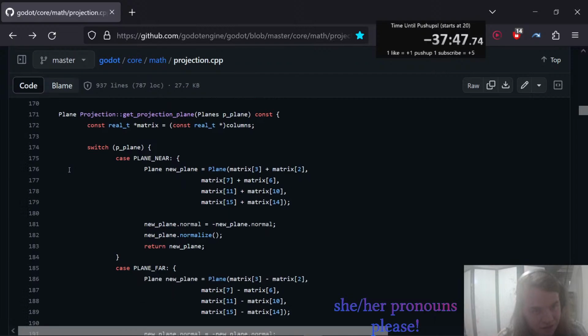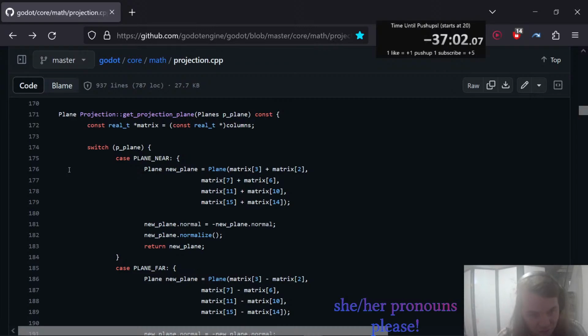Projection::get_projection_plane(Planes p_plane) { const real_t *matrix = (const real_t *)columns; switch (p_plane) { case PLANE_NEAR: { Plane new_plane = Plane(matrix[3] + matrix[2], matrix[7] + matrix[6], matrix[11] + matrix[10], matrix[15] + matrix[14]);